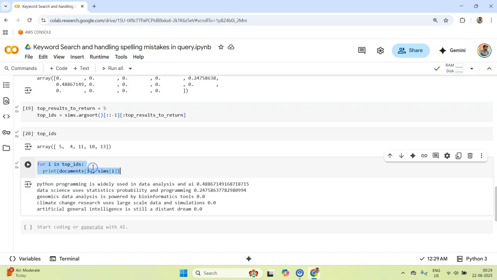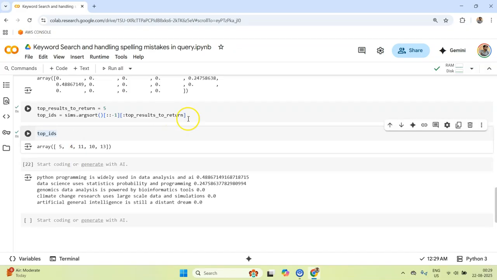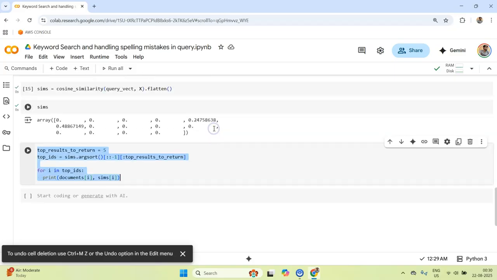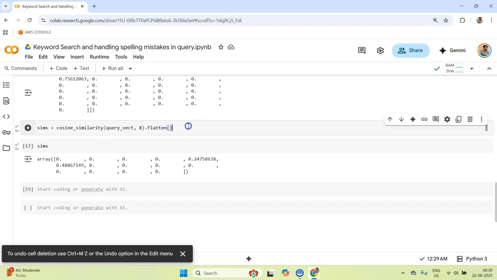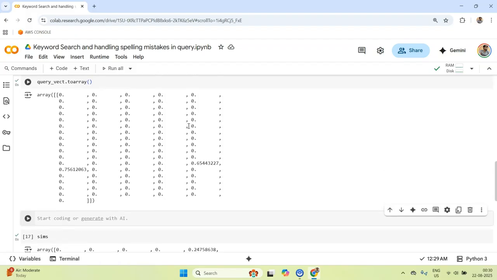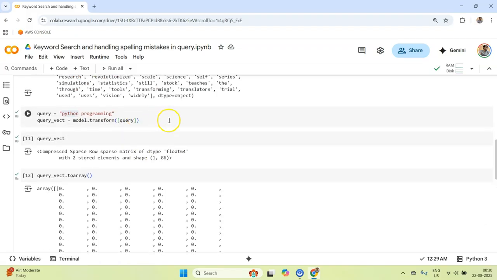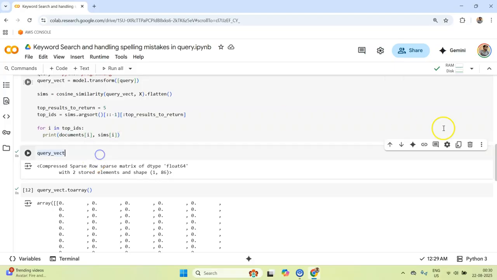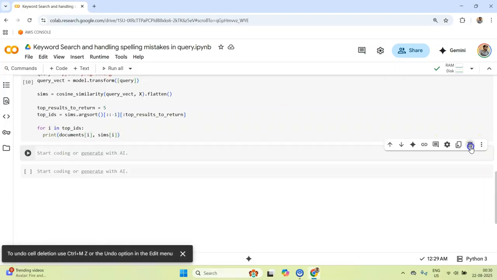Let's first of all clean up this code so that we can iterate upon ideas. I'll paste it here, and I'll delete these cells, and I'll copy this as well and paste it here. I'll cut it and put it here. So now I have a cell where I can iterate upon. Okay, so let's delete this.